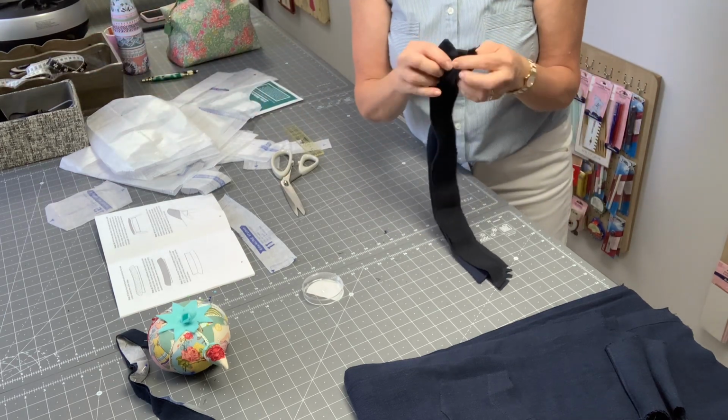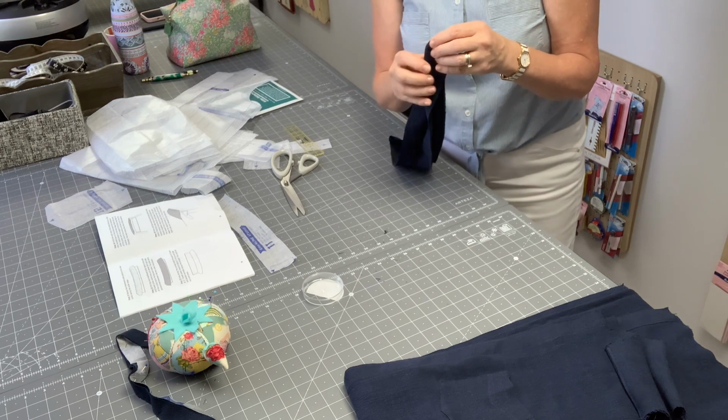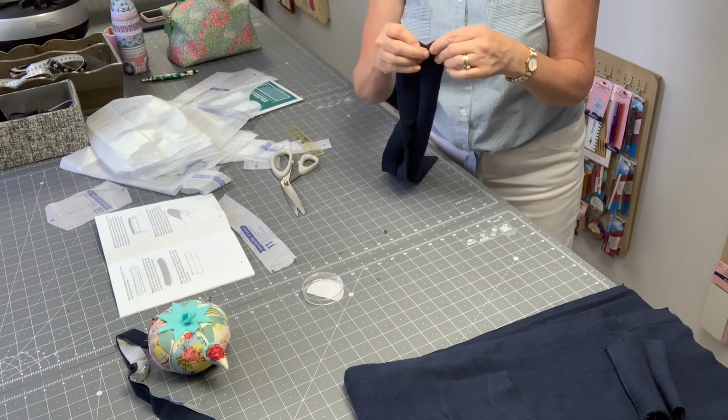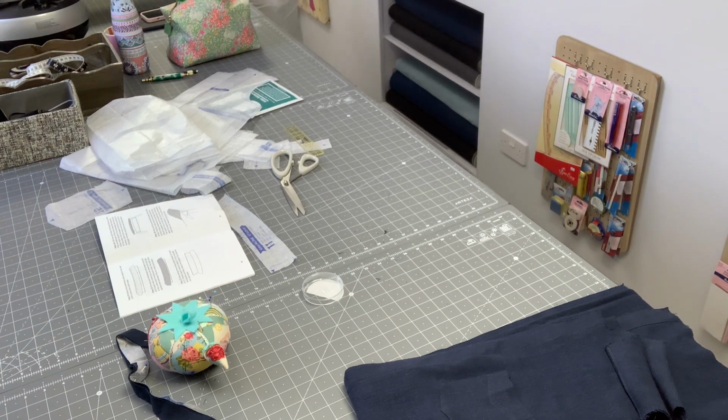Okay, and then we can turn it out to the right side, and then we just need to give that a press. I don't think you can see my iron there. No. Okay. So I'm just going to give that a press. So just press it. Sorry you can't see me, I've gone out of shot now. Just press it with your iron. I'll try and be as quick as I can. Press it both sides. Just to make sure that's well pressed down towards the